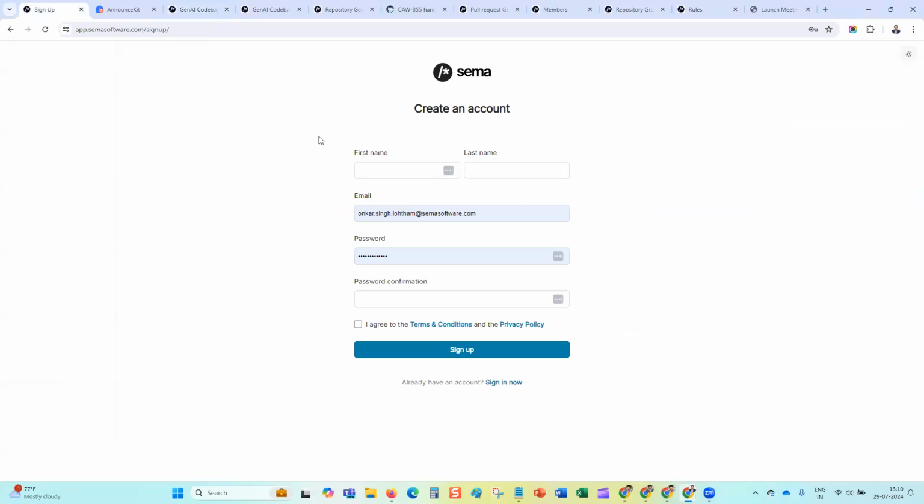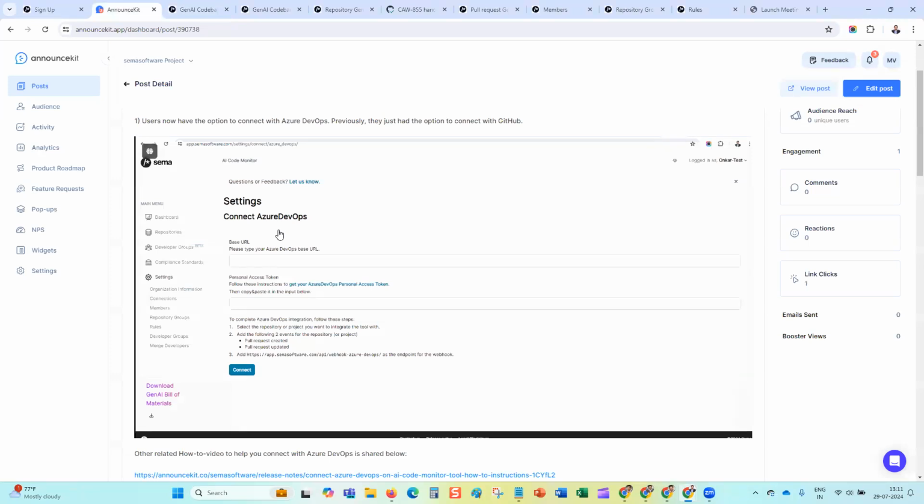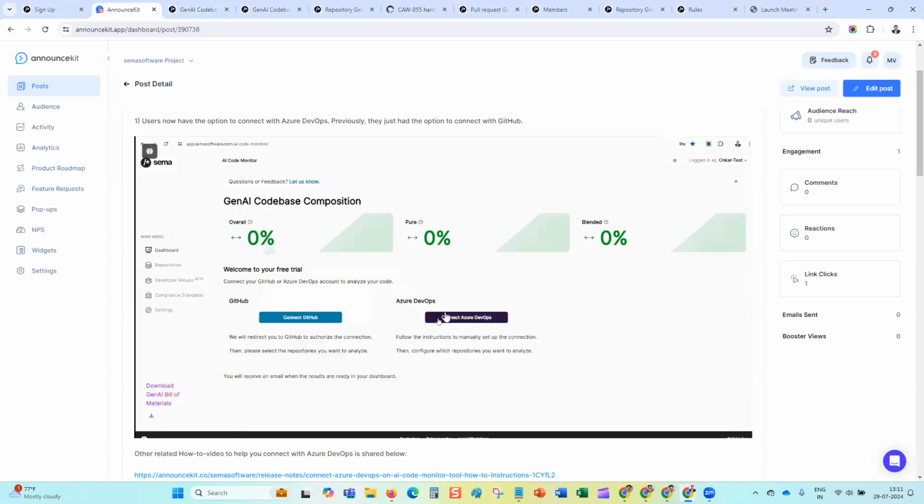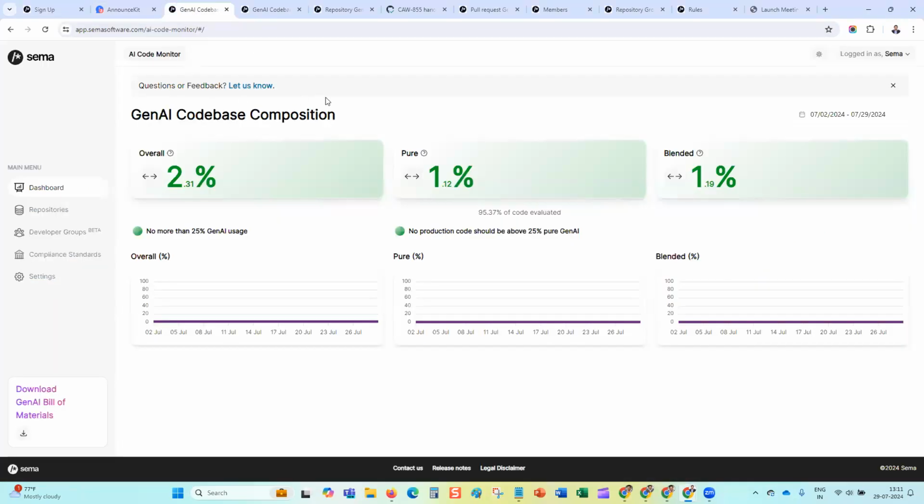You can go to the sign up page, enter the details, hit sign up. Once you do that, you have the options to connect to Azure DevOps or GitHub. Once you are successfully connected, you are brought to the dashboard where, based on the repositories that you have connected,